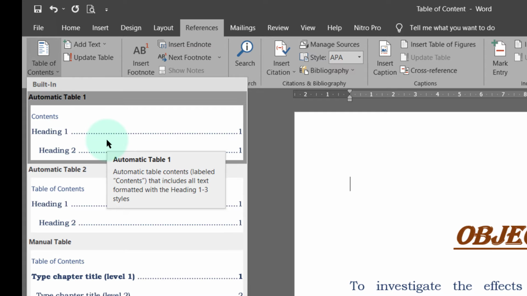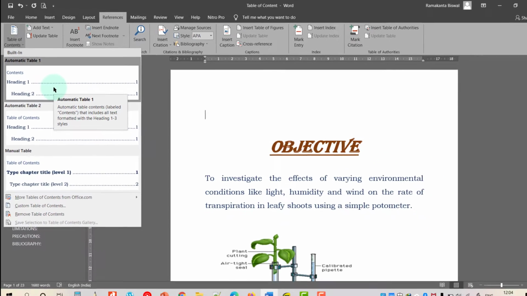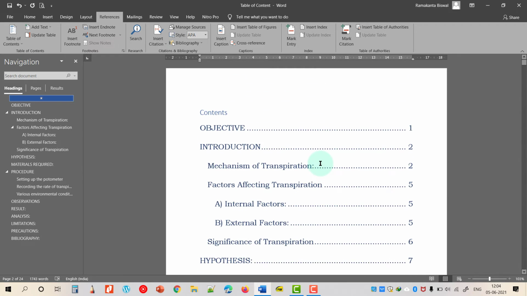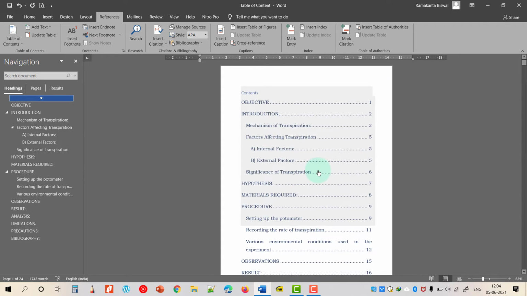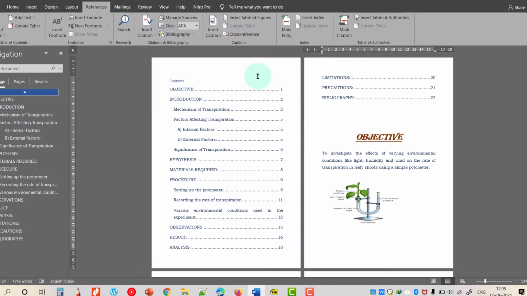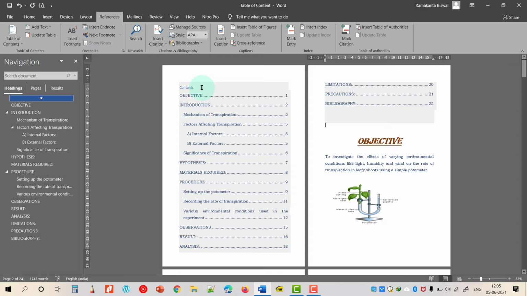For simplicity, you can use either of these automatic tables, and that will introduce the table of content automatically. Let me click on that, and let me zoom out a little bit more. Yes, as you can see, the table of content is created. That is how easy it is to create the table of content using the References tool and the style tool together. It's a very powerful tool, because the biggest benefit here is that if I make any changes anywhere, it gets updated.